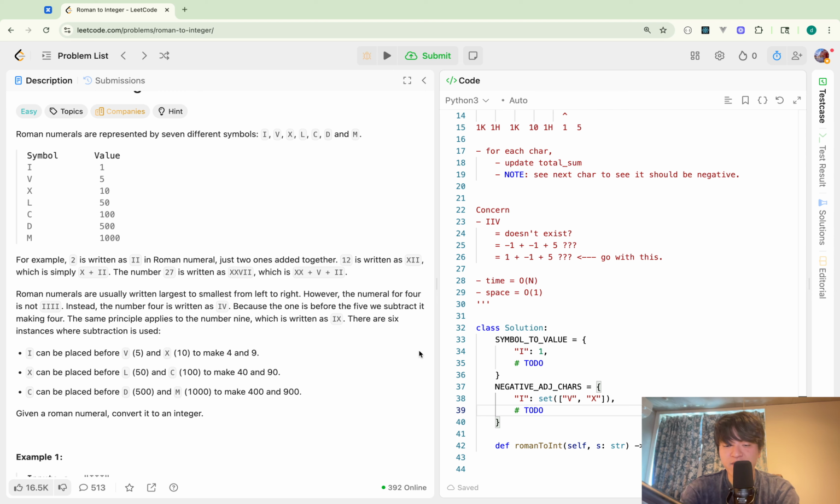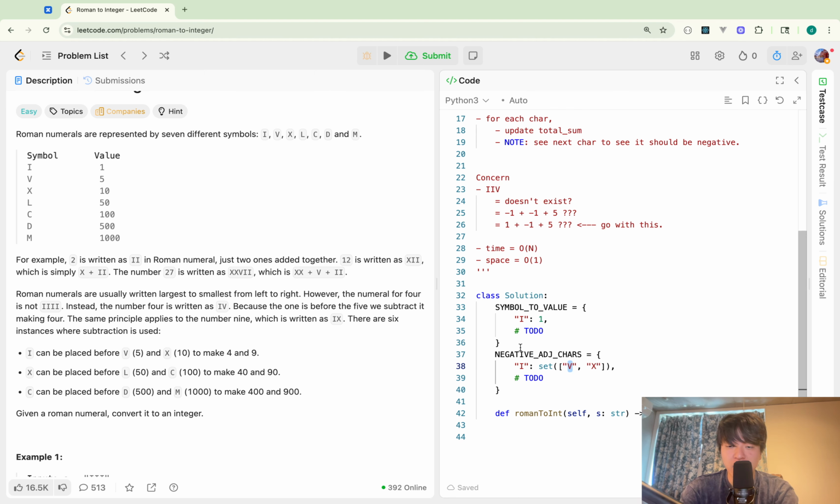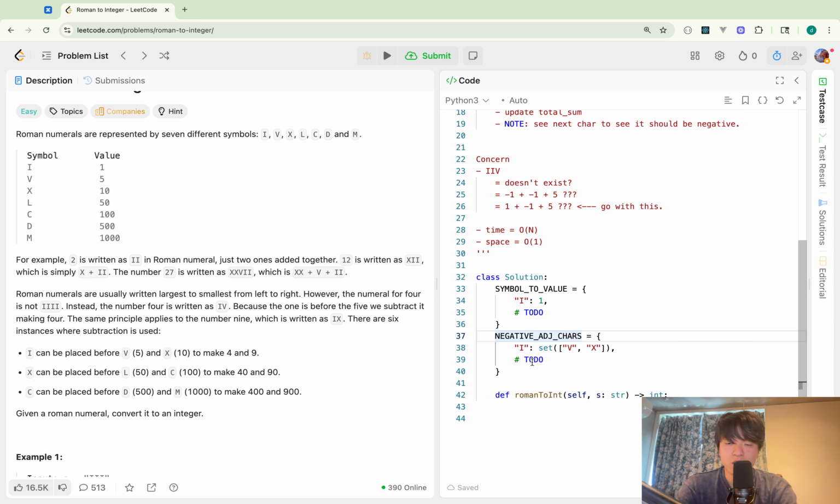Yep. In this case, when I take a look at 1, and if the next character is V, it means that I should negate this, negative 1. Okay. So with this being used,